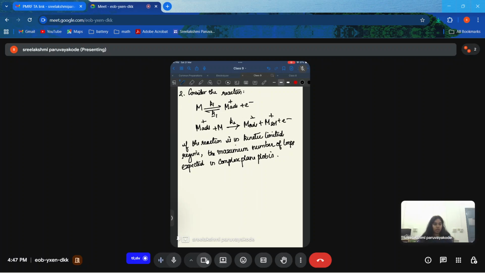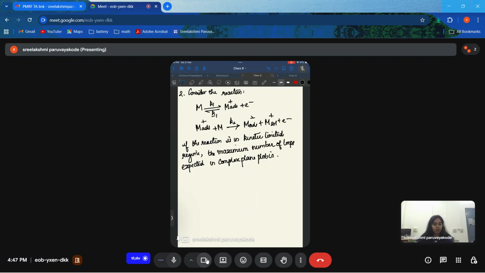So the question is, there's the catalytic reaction which is happening, which we have seen now. So it is happening in kinetic limited regime. Then what are the maximum number of loops that are expected in complex plane plot? So for a complex plane plot,